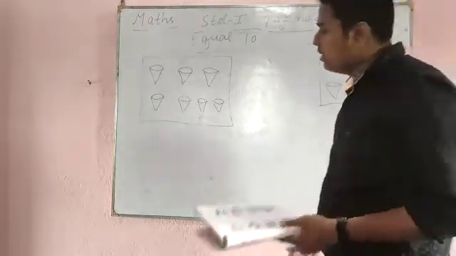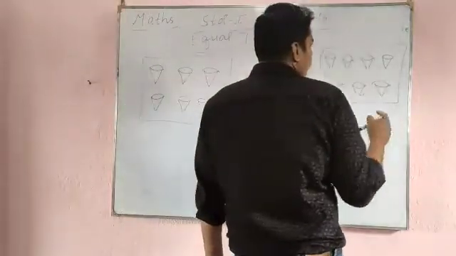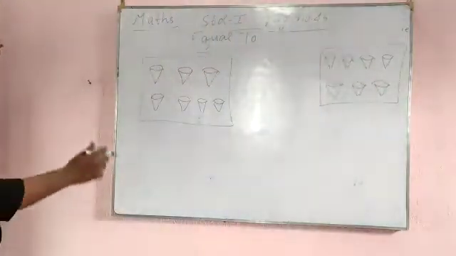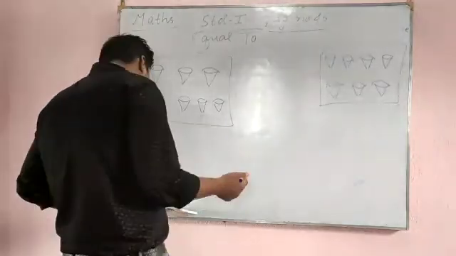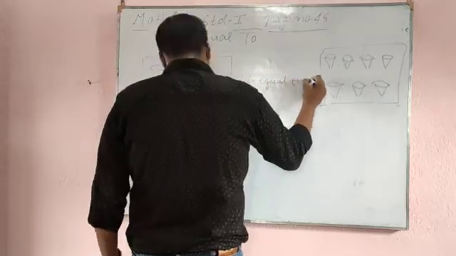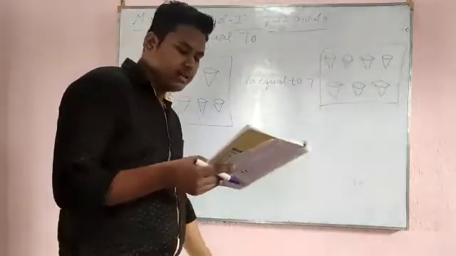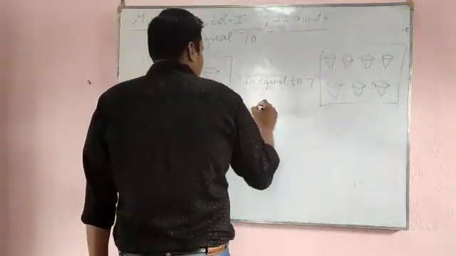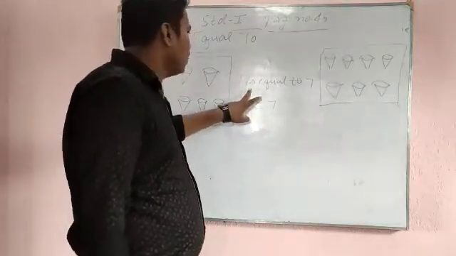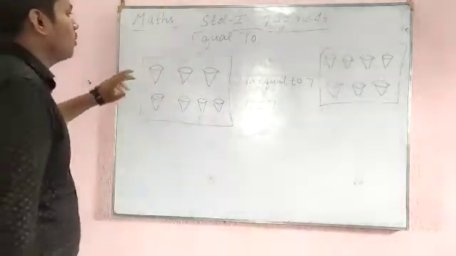Now you can see here there are 1, 2, 3, 4, 5, 6, 7 cones or ice creams. Here also 1, 2, 3, 4, 5, 6, 7. In both boxes there are 7 ice creams. So it is very easy. You can write 7 is equal to 7. This equal to I have written in words, and when you write like that, you give 2 signs. Okay.